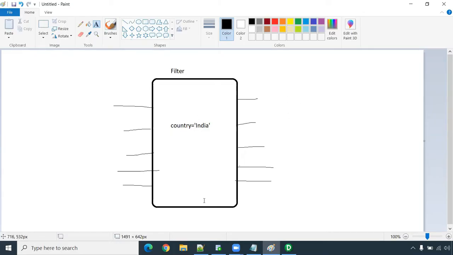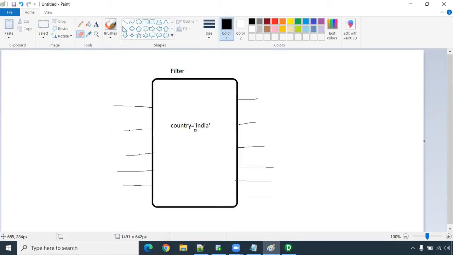It will block the unsatisfied records in this particular filter. So that is what the filter transformation will do. You cannot take the unsatisfied records out of this filter transformation. It will block them. You can get only the satisfied records. You can put conditions also, like an and condition or an or condition. Whatever filter condition is satisfied, only those records will be passed. Other records will get filtered out.